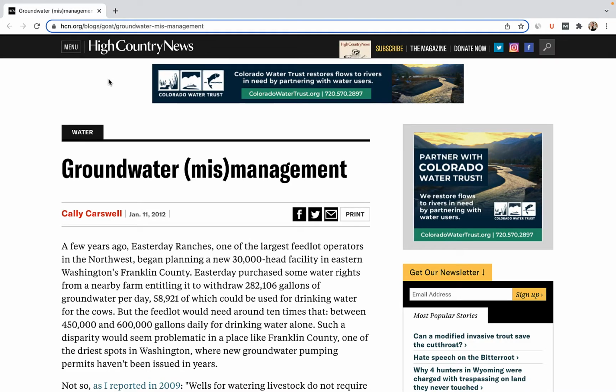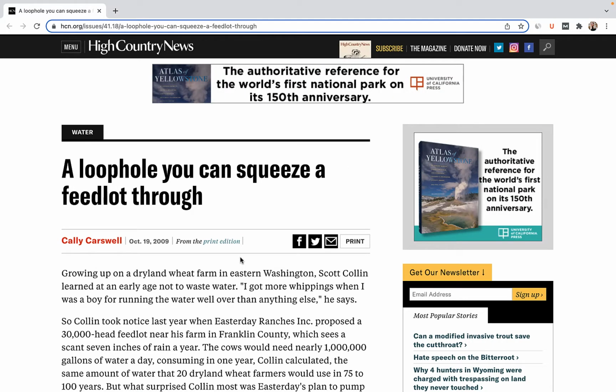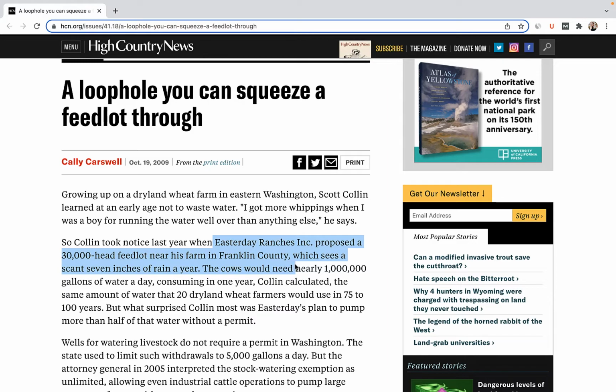There is also one additional very big downside to feedlots: their impact on nearby water supplies. Which brings me back to the story of Scott Collin and Easter Day ranches. Scott Collin was raised on a dryland wheat farm in eastern Washington and learned at a young age not to waste water. So when Easter Day Ranches proposed a new 30,000 head feedlot right next to his water-scarce farm, he